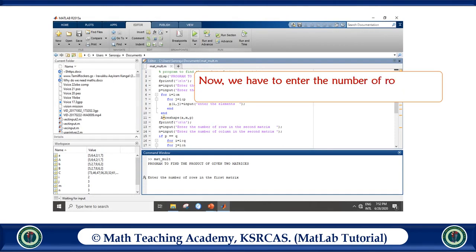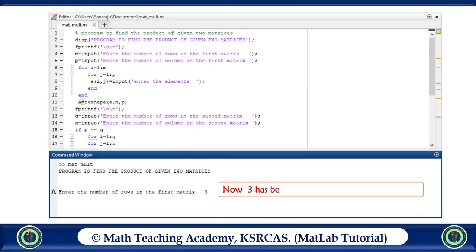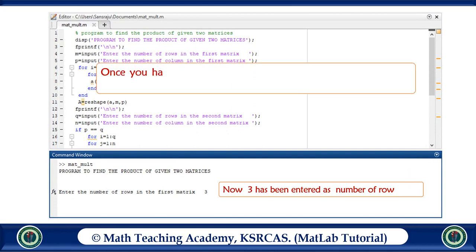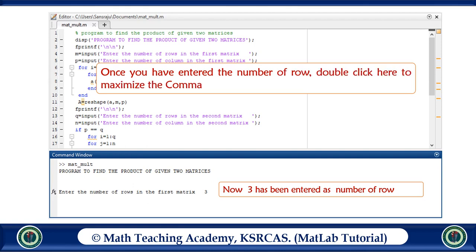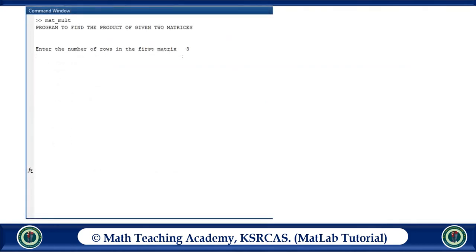Now we have to enter the number of rows in the first matrix here. Here we have entered 3 as the number of rows. Once you have entered the number of rows, double click here to maximize the command window. Now the command window has been maximized.